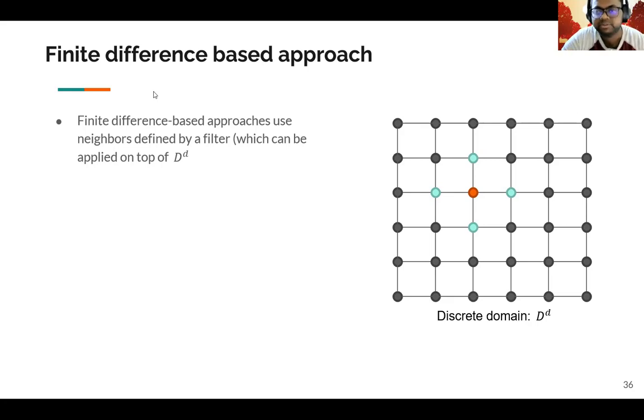In the finite difference based approach, you define a discrete grid D over the whole domain, and on this whole domain you perform either a forward difference or a central difference at each node of the grid to obtain the derivatives. In other words, say this is your node where you want to compute the derivative. Say this is U, and you want to compute ∂U/∂X. This difference will give me ∂U/∂X, and this difference over here will give me ∂U/∂Y.